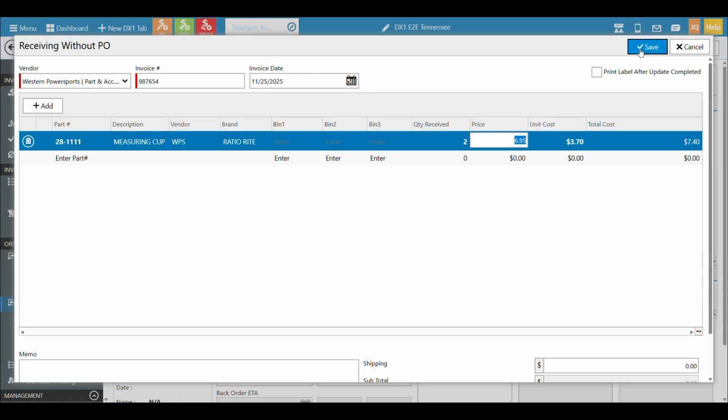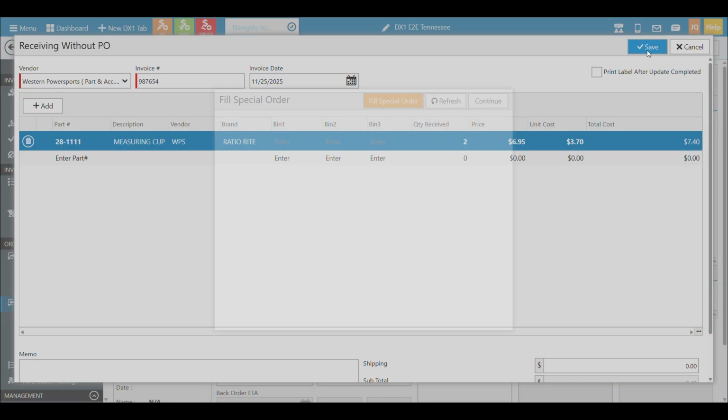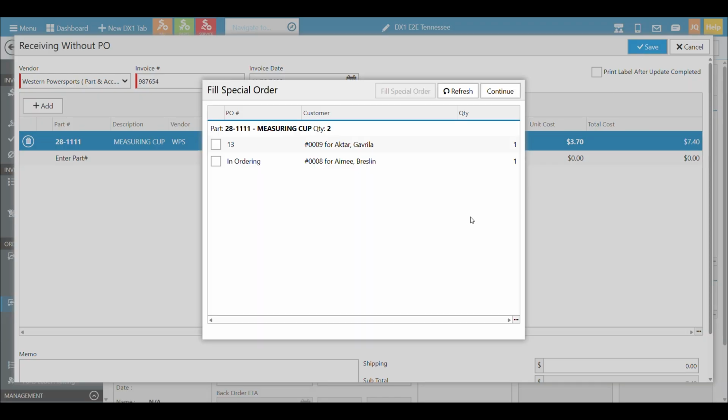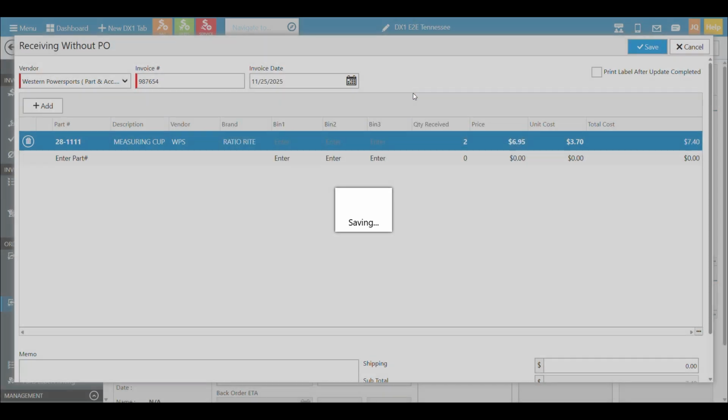So what you can do is, when you do hit save, in our process, it's going to open up and tell you, hey, you're receiving 2 parts for stock, but you already have one in the receiving screen and you have one in the ordering screen. And the best thing is you have 2 to allocate and you have 2 in stock. Maybe you knew that you already had these parts on order, and that's why you didn't place an additional PO in the system, because you were just going to fill them when they came in. So you can do that. You can click these boxes right here and say fill special order, and then it'll complete the process.